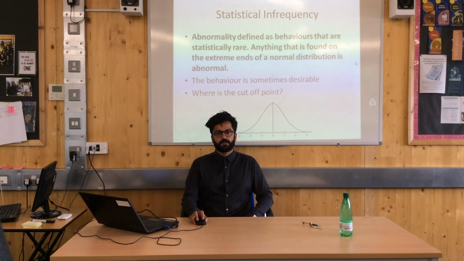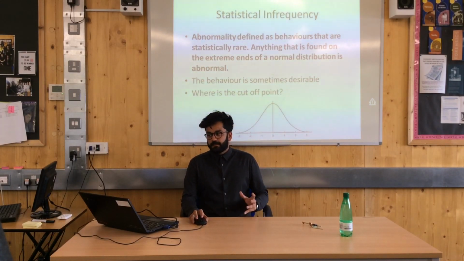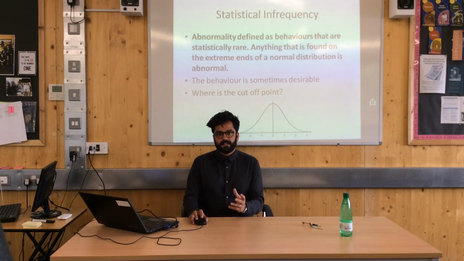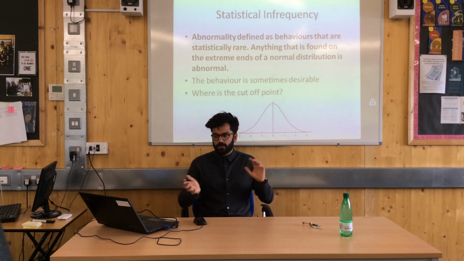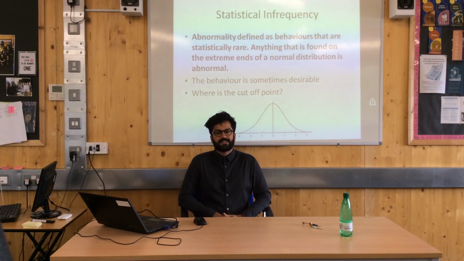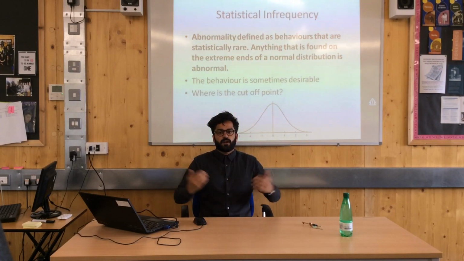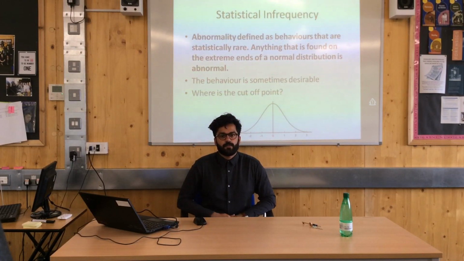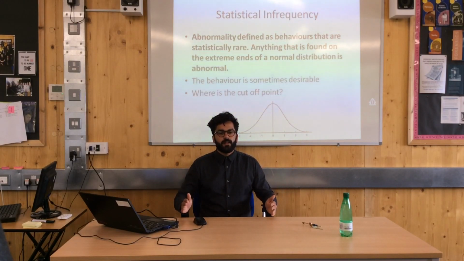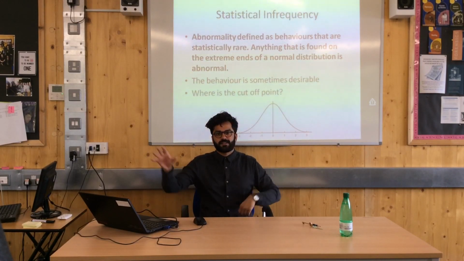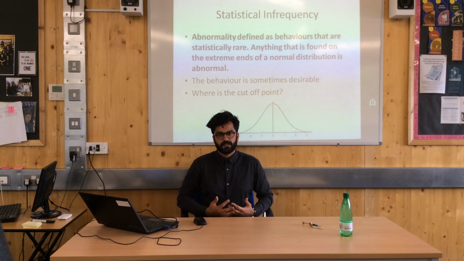Now, statistical infrequency is the idea that abnormality is defined as behaviours that are statistically rare. So anything that is found on the extreme ends of a normal distribution would be considered abnormal. So you could imagine your class lined up across the middle of the room, and everyone who is in the middle is normal. The people who are the shortest and the people who are the tallest, according to this definition, would be considered